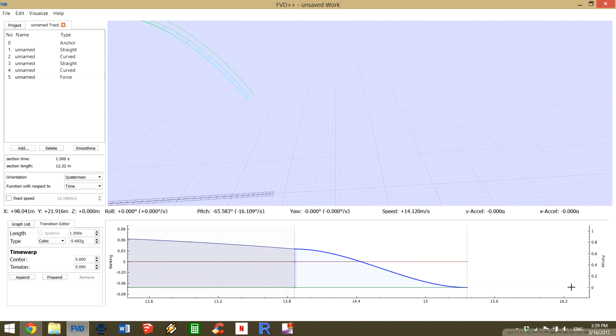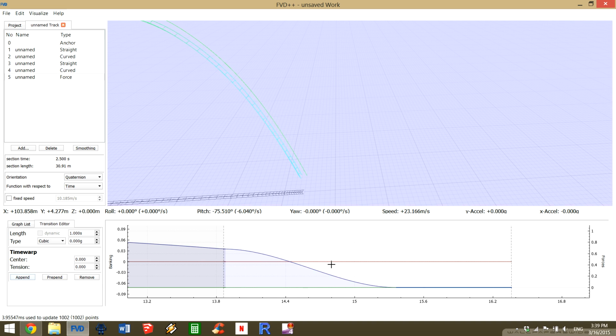It has to go from 0 here to something like 3.5. You just have to add one new segment on your force section by clicking on append. You can see that there's a new force section here, but it's still 0 because we haven't done any changes